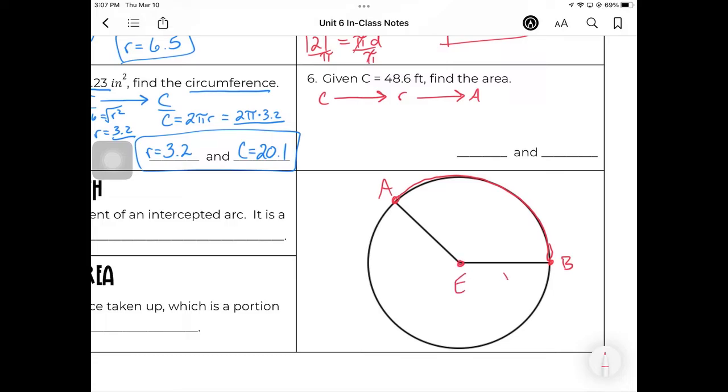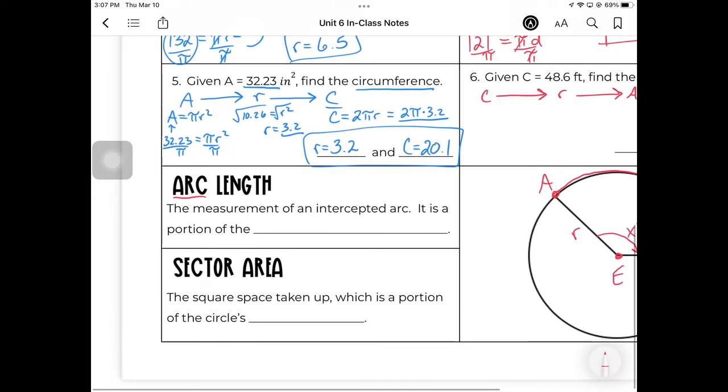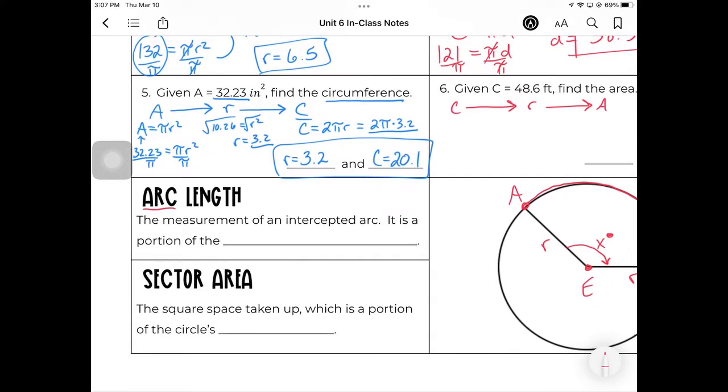From E to B is a radius of the circle. But from E to A is also a radius. This angle created here, we're going to call it x degrees. That is equal to the degree measurement of arc AB, but there's a length that goes with that, which would be a portion of the circumference